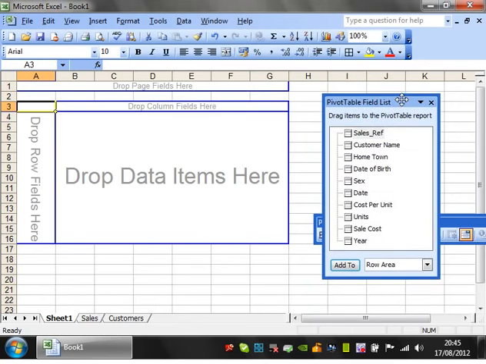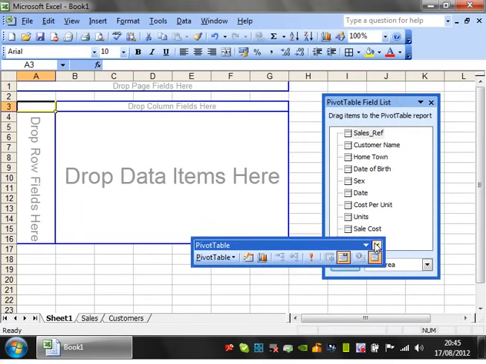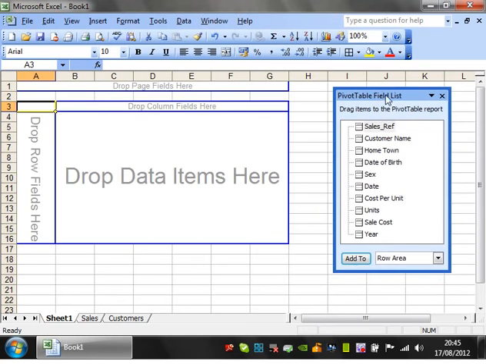And then you will come in and you will get a couple of toolbars. I normally get rid of this one. So you've got a list now of all of your column names. And then you'll see here that you've got a section or page that you can drop data items into. And you also notice that it's gone onto a new sheet. So the first thing I'm going to do is rename the sheet to pivot,